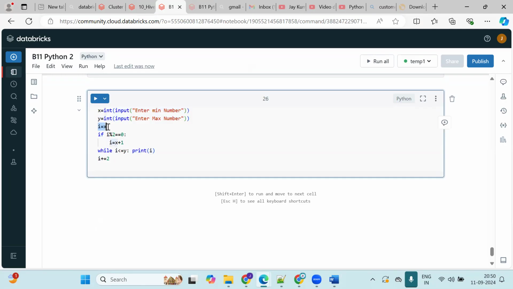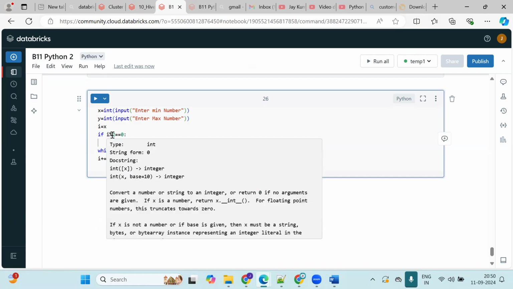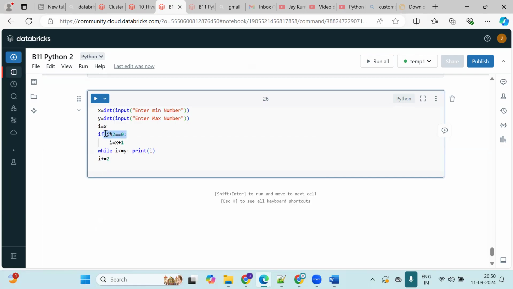When I is equal to x, I modulus 2 returns 0. Then it will increment the value by 1 and consider that 2 is an even number. 2 modulus 2 is 0, then it will increment the value by 1 and then it will print 3. So like that it will be. So first of all it will start from 0 and then